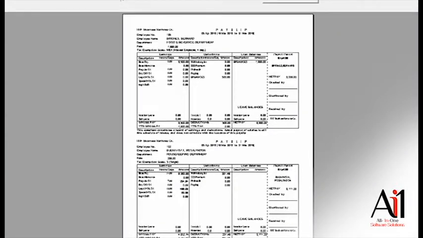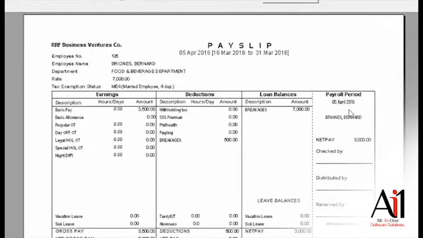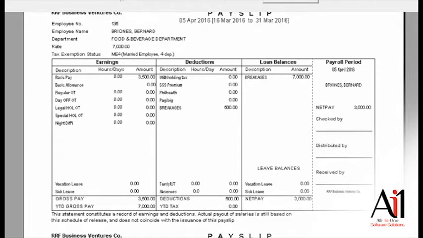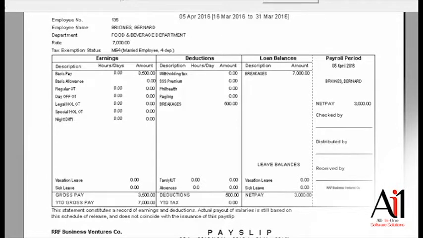If I zoom this up, what you would see here in short is the ability to see all the data. You would see, of course, the employee name, the department, the rate they're getting paid, and their status, for example, married in this particular case. The pay period is on the very top. And the first column is earnings, meaning everything you make: the basic pay, the allowances, it could be your overtime,